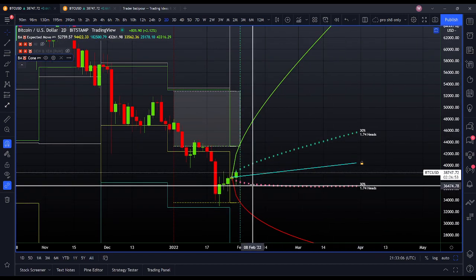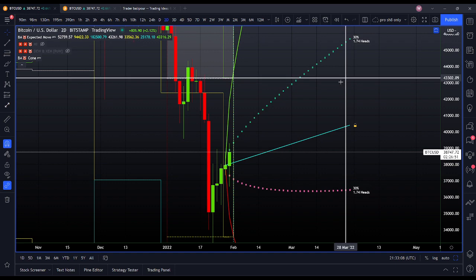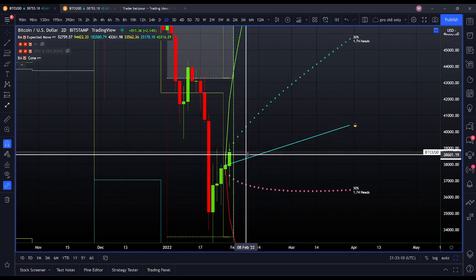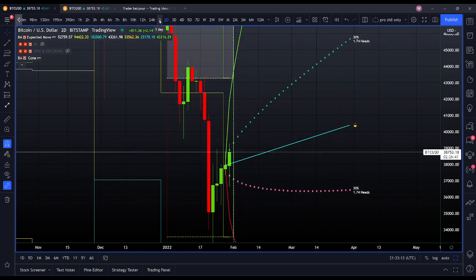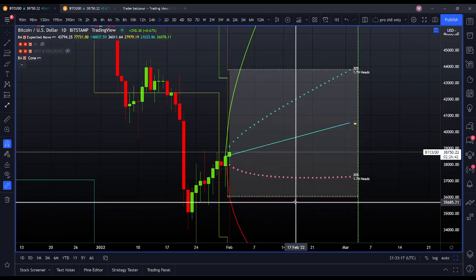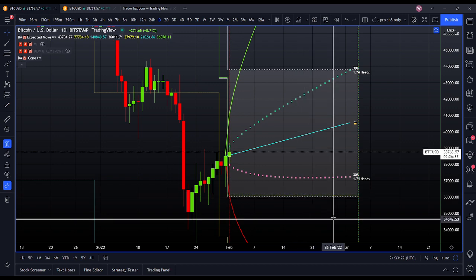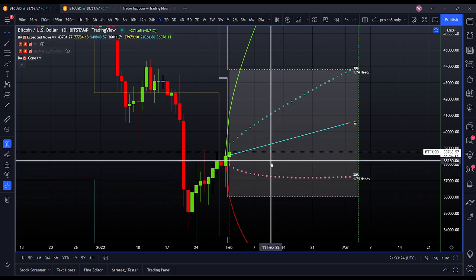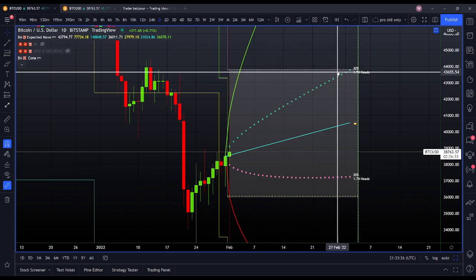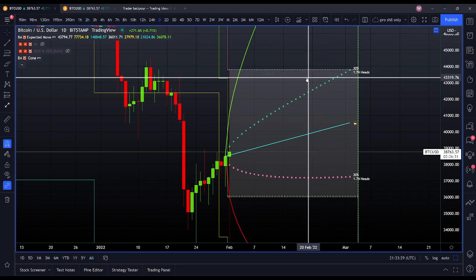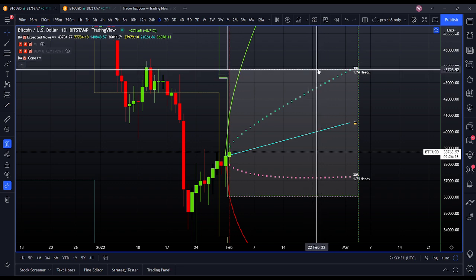And okay, yep. So we tapped that 30% expected move there. No, that 30% probability cone, and then looking at the daily here, and then saying, okay, well, it may not be the best time to get some positive deltas on a 2-day. Looking at things on the monthly, there is some room to run. I mean, about 43,000, where there's a 30% chance that Bitcoin will close on a monthly at